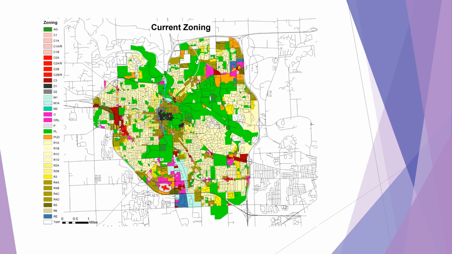So this is what a kind of traditional zone might look like. There's often a lot of different categories. This is for Ann Arbor, a city in the US, and this is what the current zoning looks like. So you've got areas that are concentrated general residential, you've got green areas, but basically the uses are more or less separated.